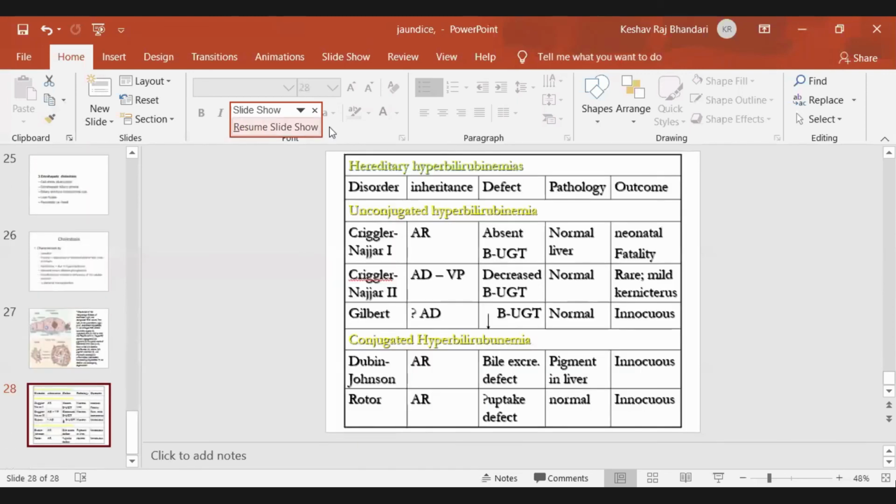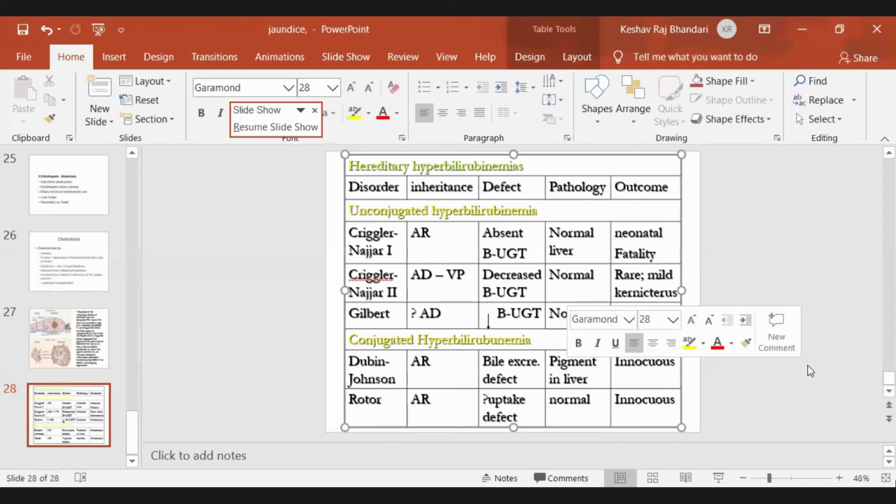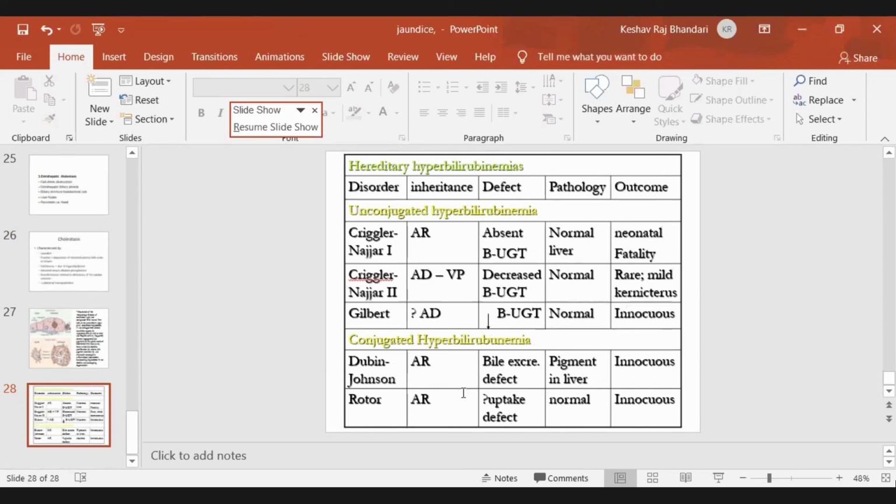And last, I talked to you about hereditary hyperbilirubinemia: unconjugated hyperbilirubinemia, Crigler-Najjar types 1 and 2, and Gilbert, and conjugated hyperbilirubinemia, Dubin-Johnson and Rotor. And what are the defects? These are the enzyme defects, and this is the excretion defect and uptake defect. Dubin-Johnson has a black liver. So if in an MCQ you are asked which type of jaundice produces a black liver, this is Dubin-Johnson. In the others there is no coloration of the liver, only in this pigmented, black-colored liver. And this pigment is not bilirubin. They say it is a melanin-like pigment. At your level you are not supposed to know that, but at least you should know this hereditary hyperbilirubinemia.